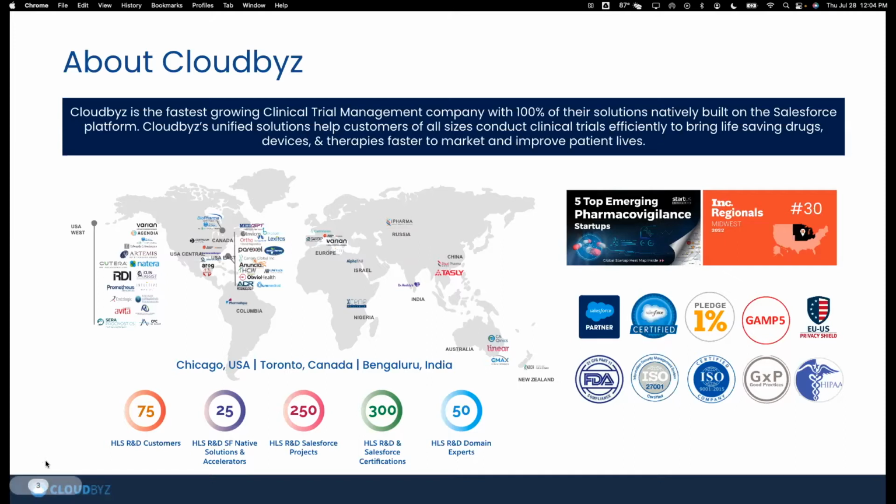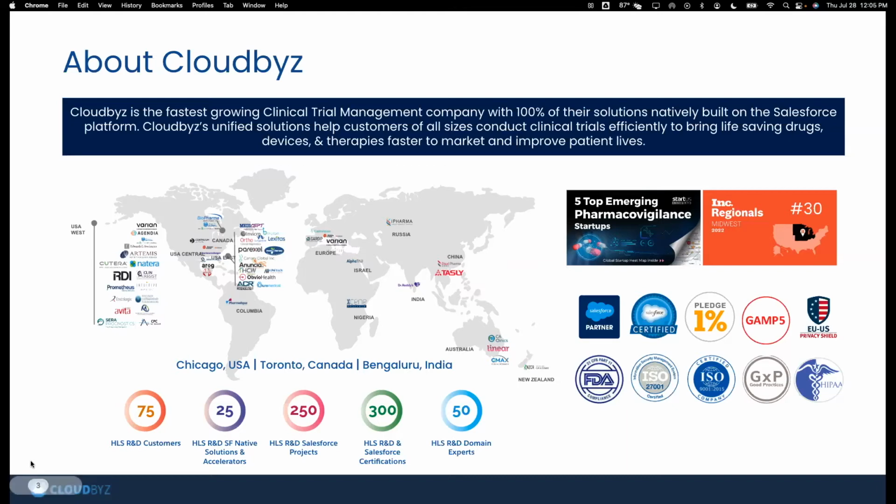Just to give a little bit of background, we've been in the industry since about 2014, and our two co-founders came up with this idea after looking at the clinical trial space and seeing that there was a point solution for every single piece of the puzzle, whether we're talking about eTMF, patient recruitment, pharmacovigilance, medical device safety, and now, of course, the ability to have signal detection. Oftentimes in the industry, those are all different applications, different solutions, different logins. And because of their disparate nature, most of these don't talk to each other. And if they do, it's a custom implementation, and that can take time and resources.